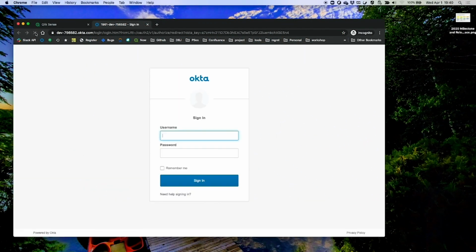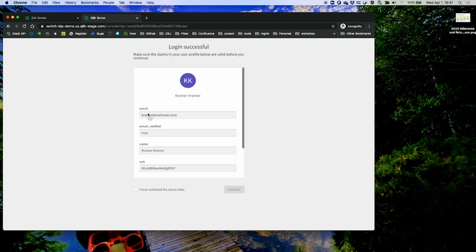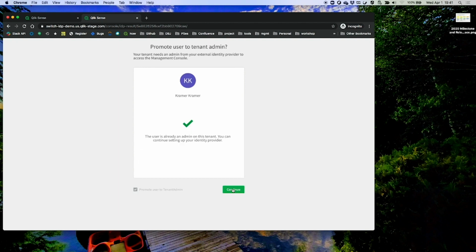Once fixed, we can reload the browser window to continue the creation. Now we're asked to sign in to the IDP. We see that there's an Okta login prompt instead of the click prompt. The user must now log in with their Okta credentials. Once logged in, it's important to check the claims, especially the email verified claim. This must be set to true for the identity mapping between IDPs to be successful.